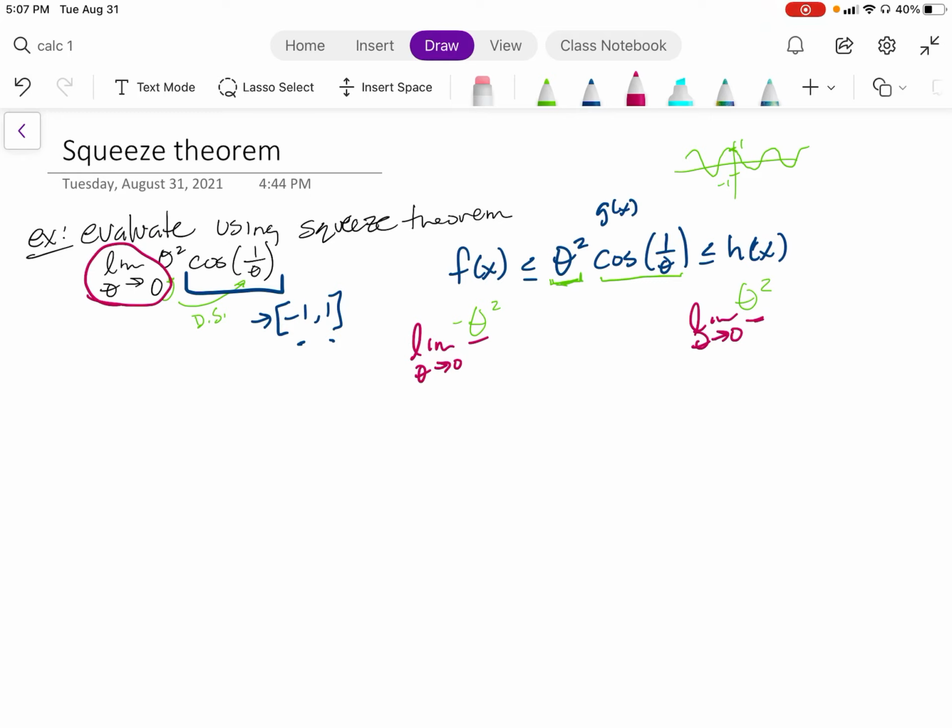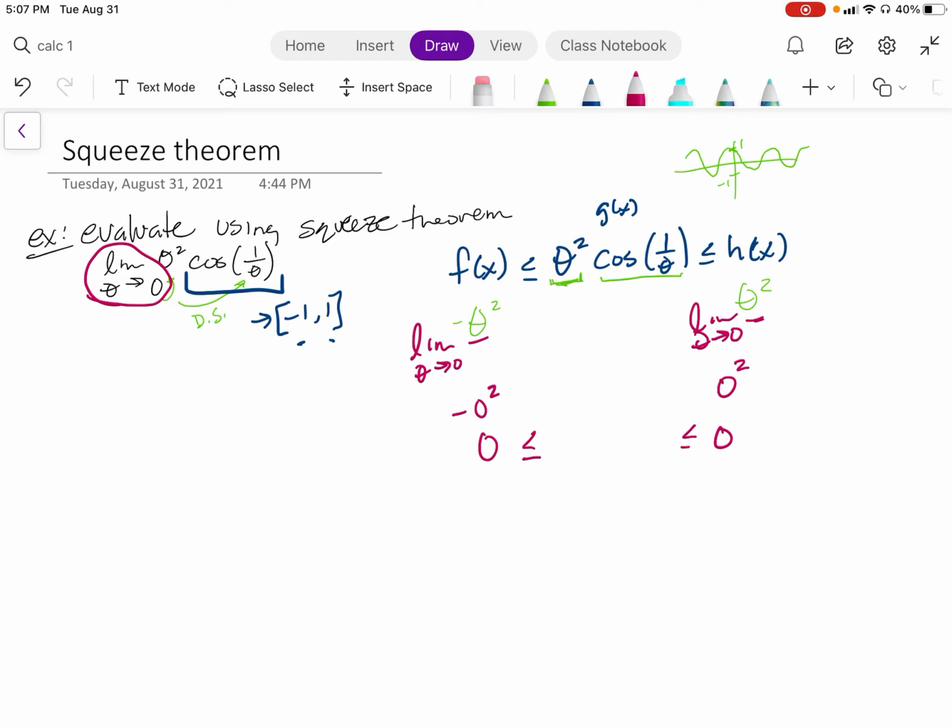So I could use direct substitution. Negative 0 squared is 0, and 0 squared is 0. And since those two limits, the limit as theta goes to 0 of f of x and h of x, is 0,